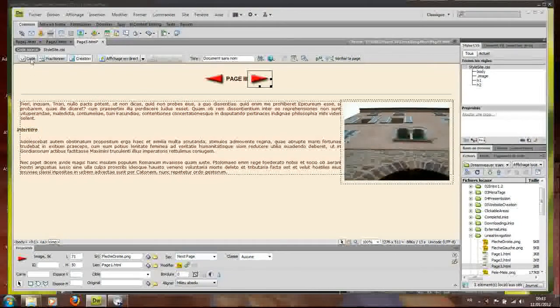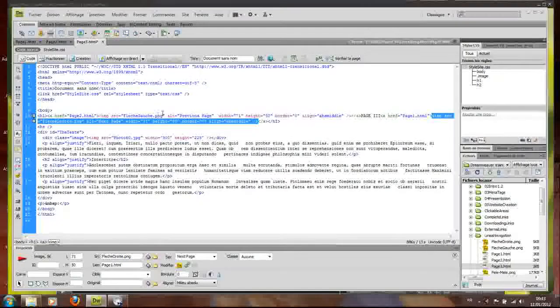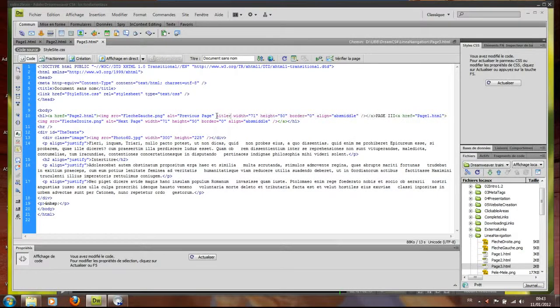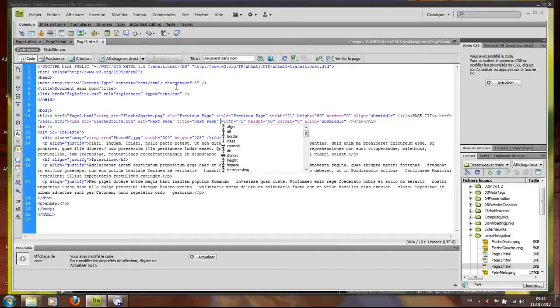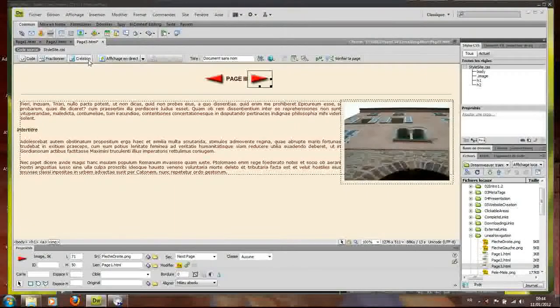So in the code display, I can add my different title attributes. Sorry, so here is the previous one, previous page here and here equal. So next page. Okay, so here in creation display, I can save my file,